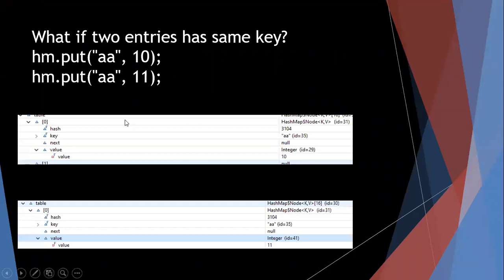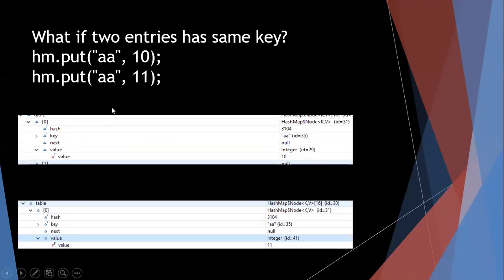Now, if it has the same key, then in the screenshot you can see that initially we inserted AA with value 10. After that, we inserted another AA, and the value is 11. So whatever value is in the latest entry, that will get updated.